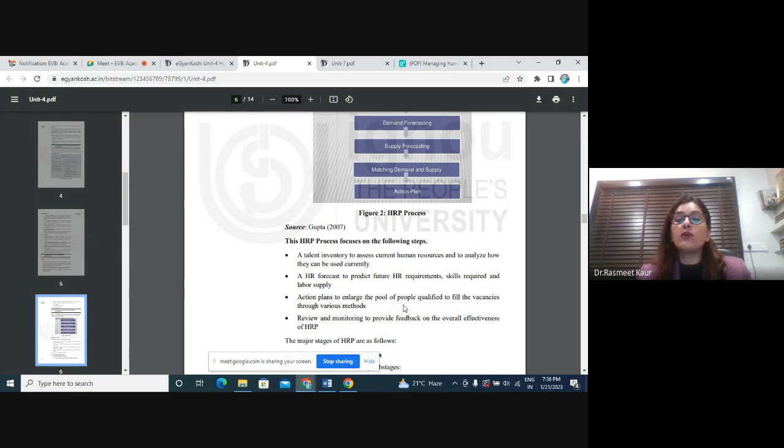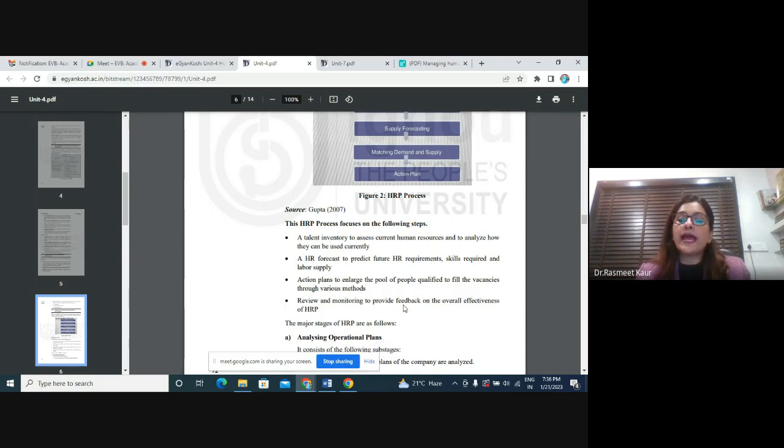Whereas if you feel that when you are matching the demand and supply, internally you don't have people who have that knowledge, skill, or ability which is required to do the job, then you will be going for recruitments outside the organization. And then finally you make an action plan which helps you to come up with different policies of recruitment, selection policies, to look for whether you will go for an internal recruitment, external recruitment, how you will come up with the job analysis, what will be the description and specification for that particular job which you have found that it is demanded in the organization and at the industry level. This is how we do the HR planning process.